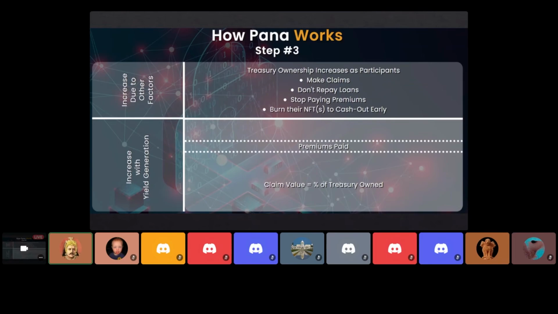But again, you'll not be at a disadvantage because you can use the Karsha that is there in the NFT, but you'll not be able to get the NFT ownership if some parametric event happens in the future. So that is going to be a mutual benefit for the holders and also for a person who is going to cash out. The final one is burning the NFTs to cash out early.